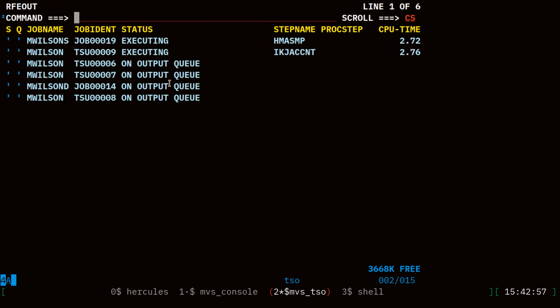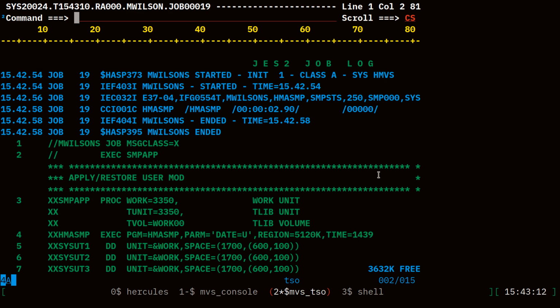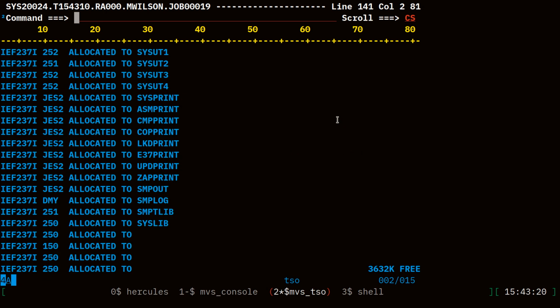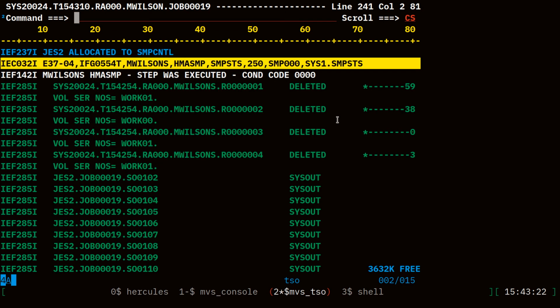Switch back to my output. It's still executing. This can take a little bit of time because it's actually now making those changes and then recompiling and relinking parts of our system. So it finished. Let's look at the output of that. Okay, we got the condition code of 0. So that was successful, 2.9 seconds. And you can see the input to all of this. And if we go past all the JES2 stuff,